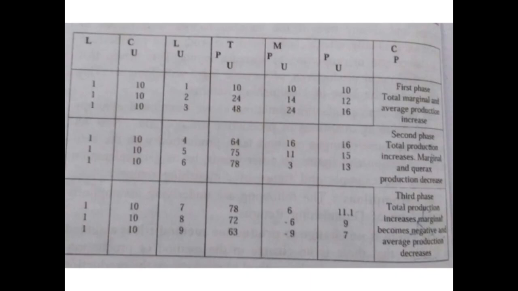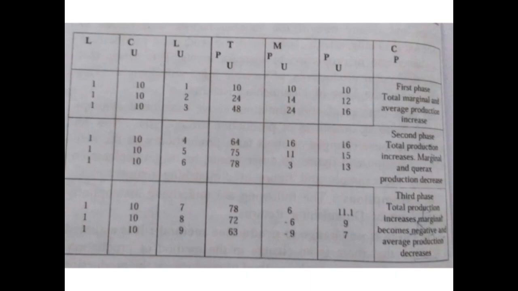And what is average production? Average production is useful for defining production capabilities at a specific level of input. That is, when we employ input at a specific level, what are the production capabilities going to be? That is average production. So here marginal production, average production, and total production, everything is increasing at an increasing rate. Firstly it was 10, then it became 24, that is the addition of 14 units. Then it is 48, meaning an addition of 24 units. So this is called an increasing rate.